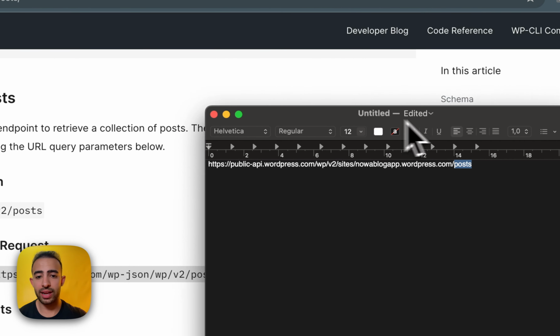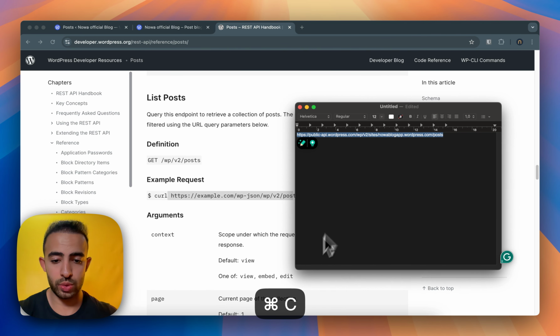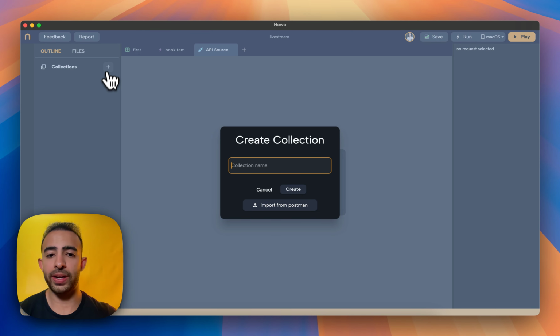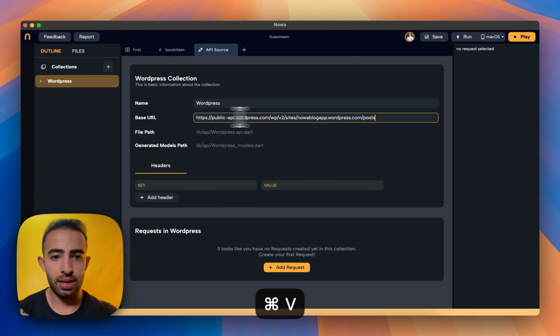So this one is equivalent to that one. But since I'm hosting it on WordPress, I need to follow this one. So let me actually create an API request. And then I'm going to create a collection called WordPress. And here I'm going to paste the base URL, and I'm going to get the post out of here,